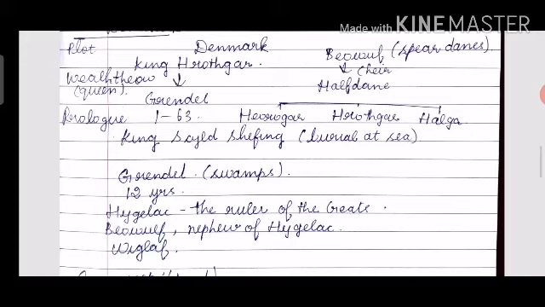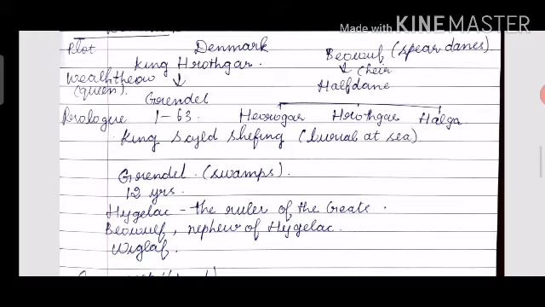Now, tracing the lineage of King Hrothgar, he was the son of Halfdane. He has a brother called Heorogar and a sister called Helga. And Beowulf is the leader of the Spear-Danes. We all know that King Hrothgar's kingdom was troubled by the monster Grendel, and Beowulf comes to Denmark to kill Grendel, and that's how the story proceeds. There's also mention of King Scyld Scefing who was buried at sea.